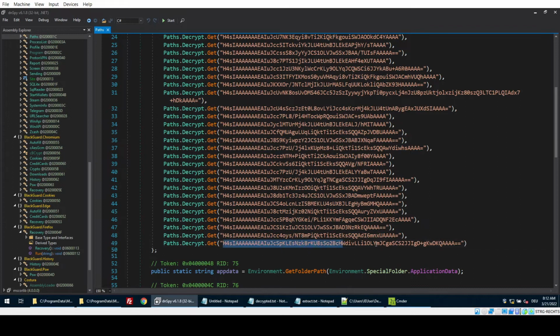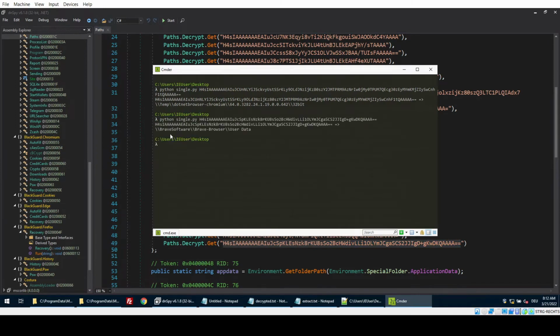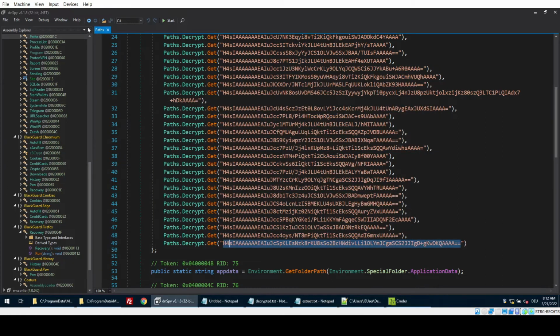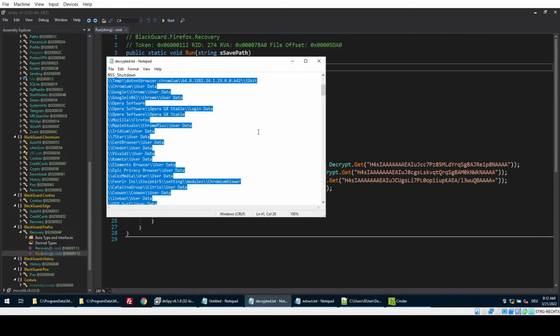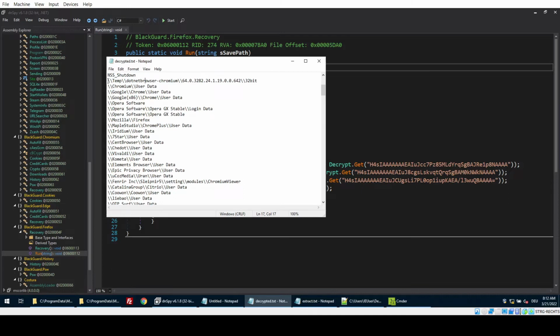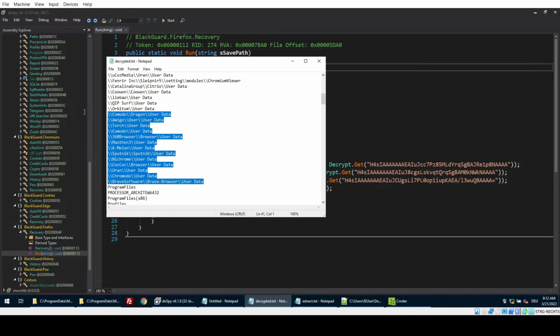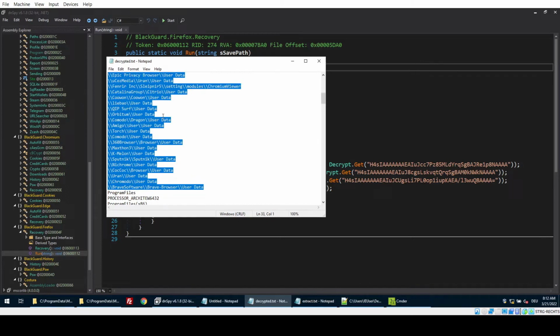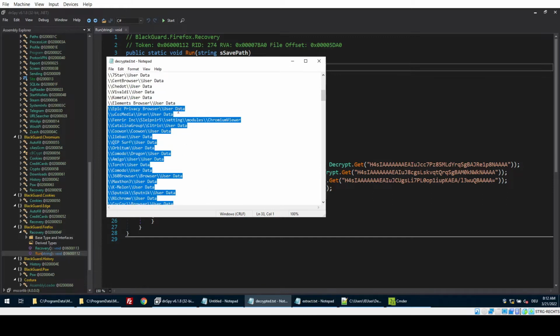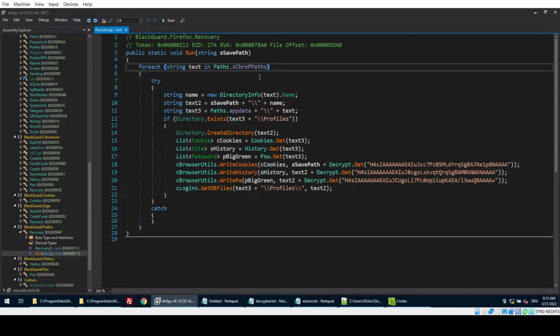Let's take the last one. We can see it's Brave software, Brave browser, and user data. So these seem to be the paths where browsers store their data. And if we come down here to our file where everything was decrypted, you can clearly see this was the first string, and as they appear one after another in the malware, we come down here, and we can see that these are just a whole lot of browsers and the path to the folders where the user data is stored. The malware is going to walk through those, and